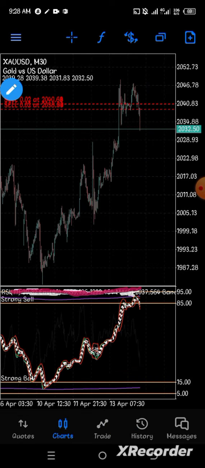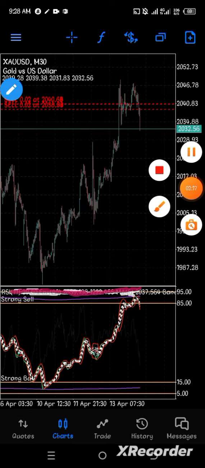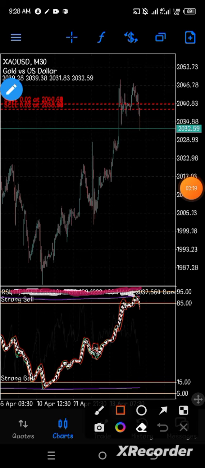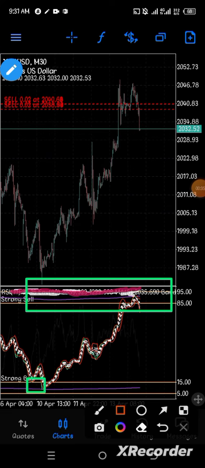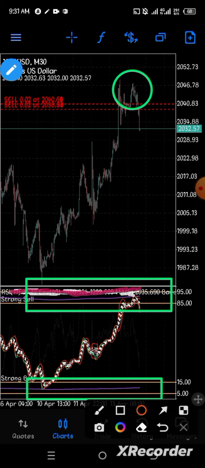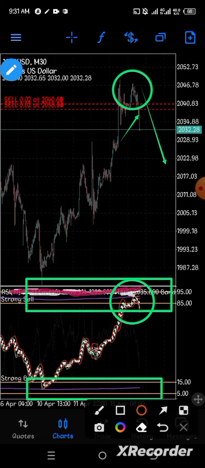Now, let me show you. When we realize that the market is overbought around this place, and as you can see, when your Bollinger bands reach this level, is your oversold. Like I said, when the market reaches overbought, we took our sell order right from this place, and the market continues to go in our direction. Around this place, level 95 and level 98 is your overbought level, and then around the 15